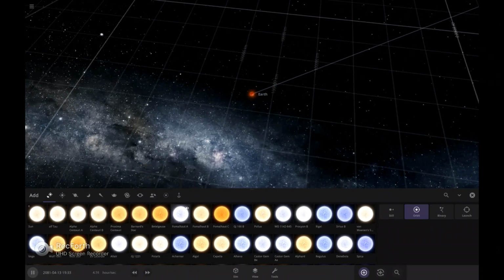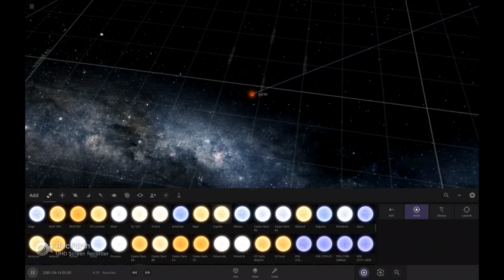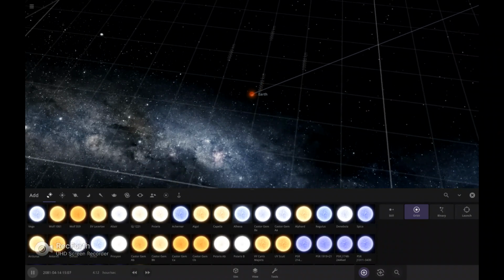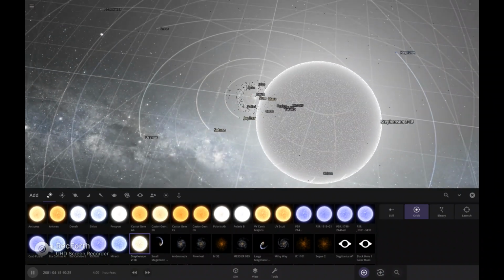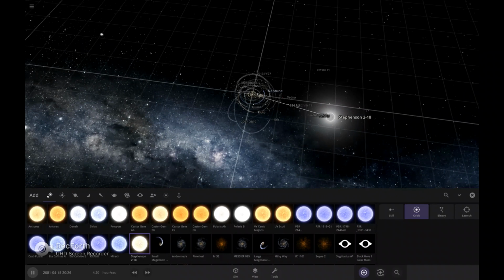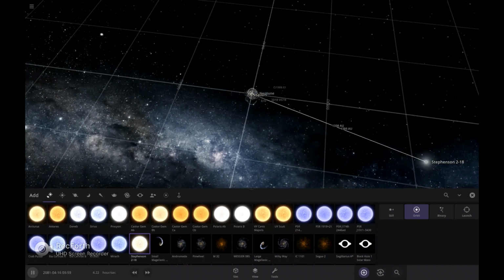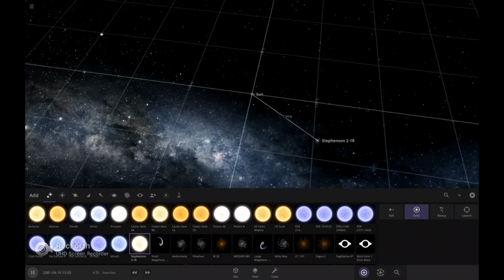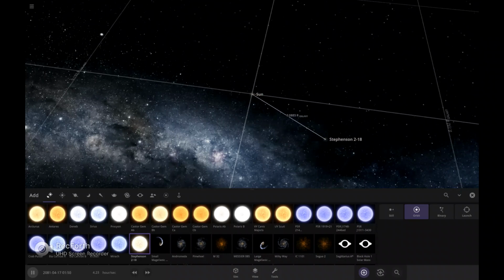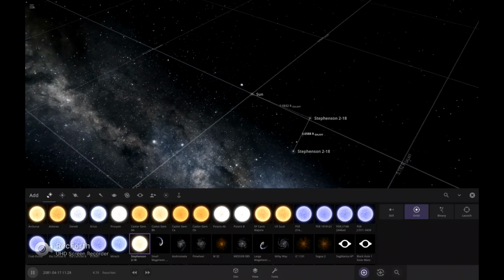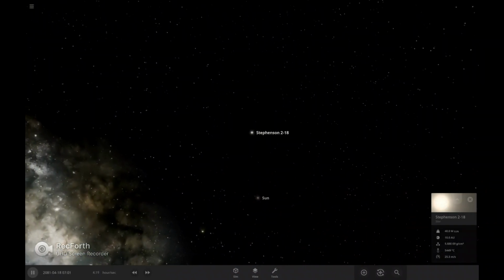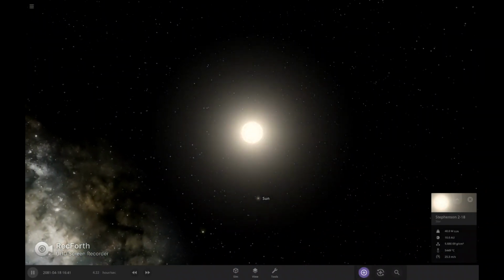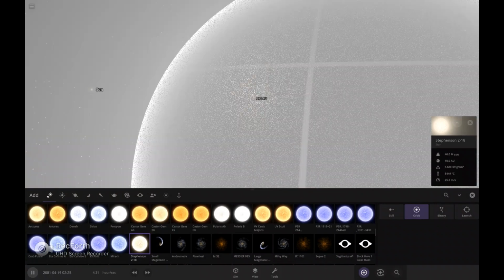Let's get Stevenson 218. Where's Stevenson 218? And there it is. If we get a supernova, or is this far, will it reach Earth?